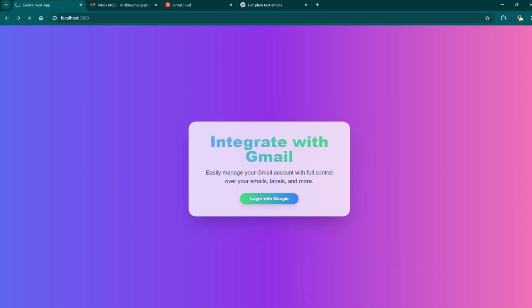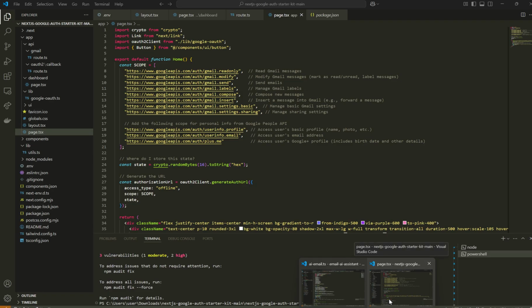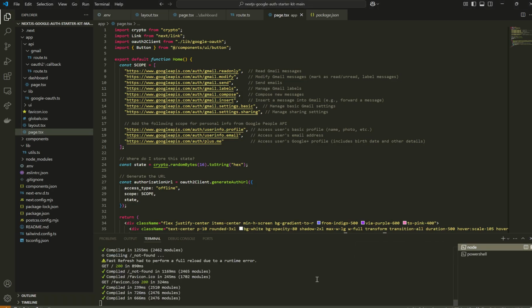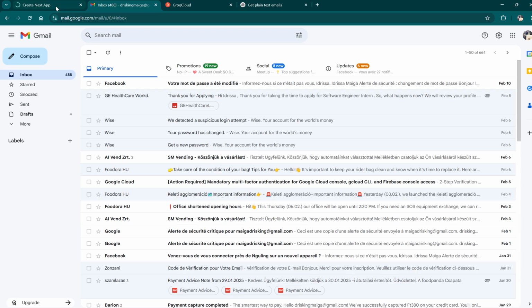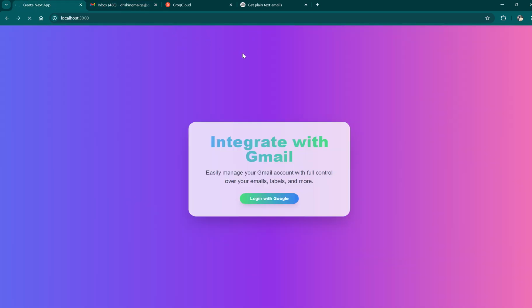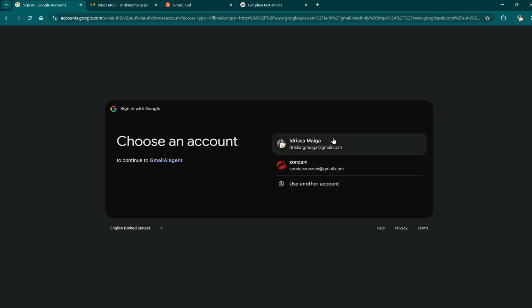Let me check first. Let me check the servers. Yep, good. Oh, why is this showing forever? Okay, something that I don't know why it's doing that. Maybe the internet connection can be the problem. Okay, so we are going to log in with Gmail,